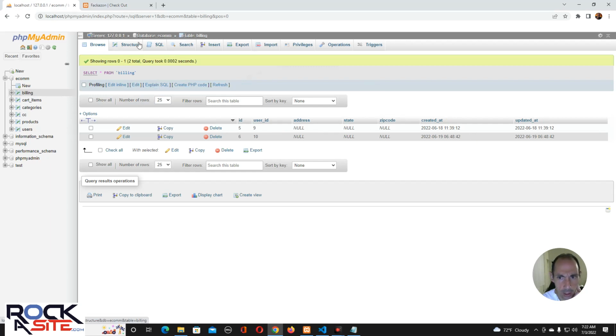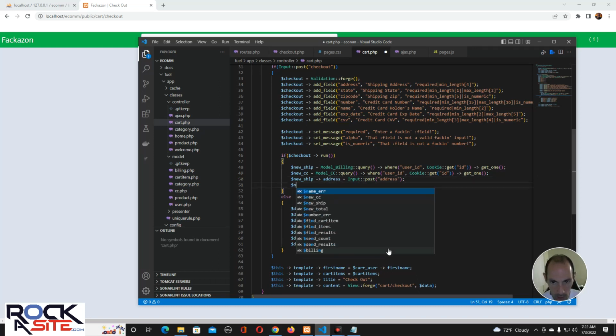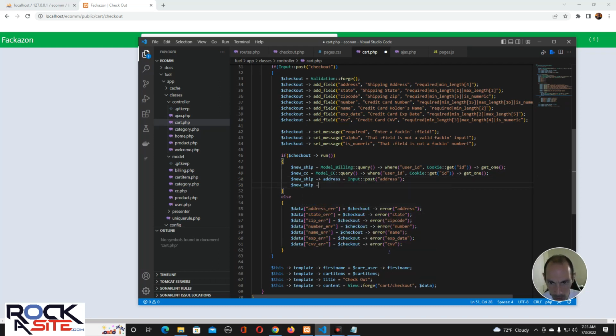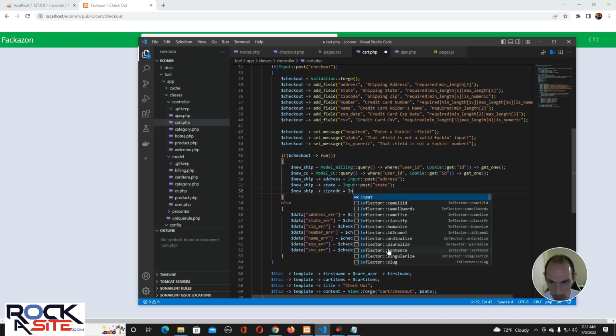Let me see, where do we got? Billing is address, state, zip code. That's the order. Address equals input post address. New ship state. I like to put it in order. State new ship zip code equals